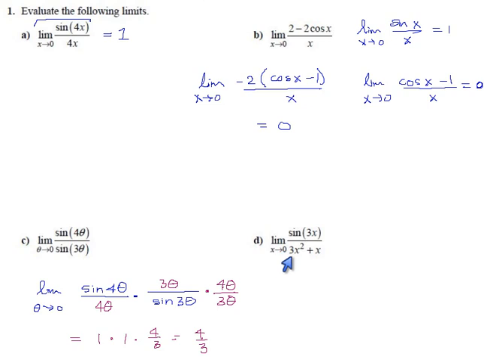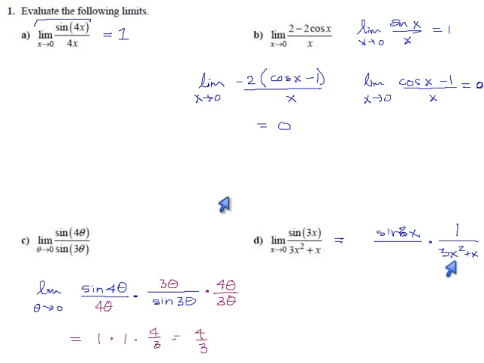And finally, here we have another sine. This one would work out all right if we had sine 3x over 3x. I'm just going to pull this apart for a moment. 3x squared plus x. The simplest way to make this work is just put a 3x here and put a 3x here. The other option you have